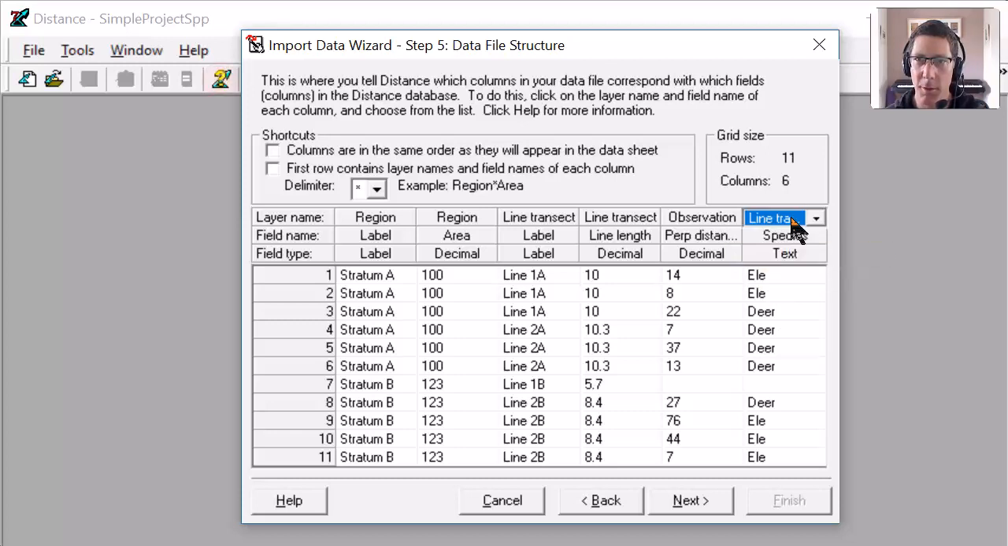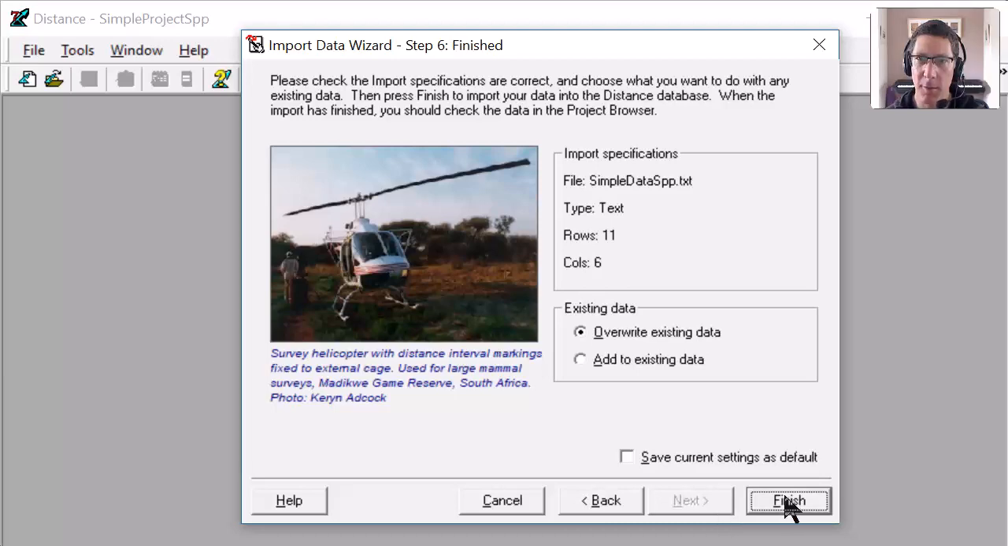Oh, I put translate, sorry, that's wrong, isn't it? Oops, I want it in the observation layer. There we go. Species. Glad I saw that. Type text. There we go. Okay, it's going to go in the observation layer, it's going to be called species and it'll be of type text. So if I click next and click finish,